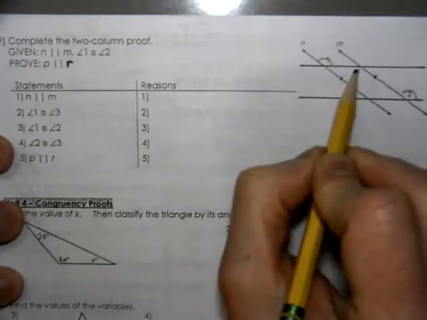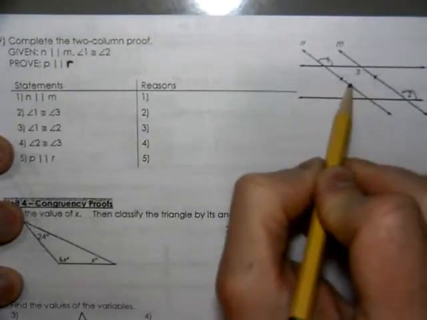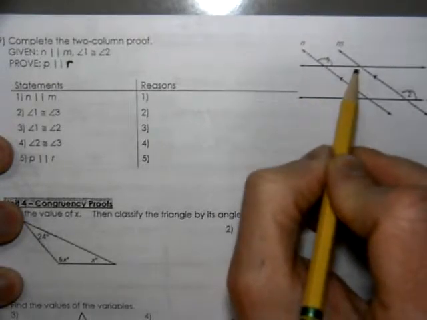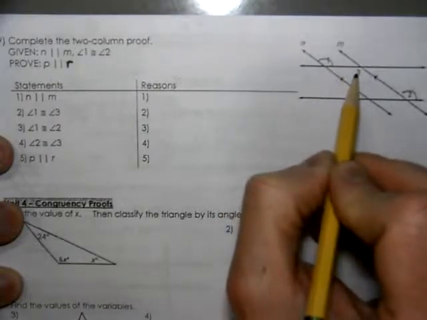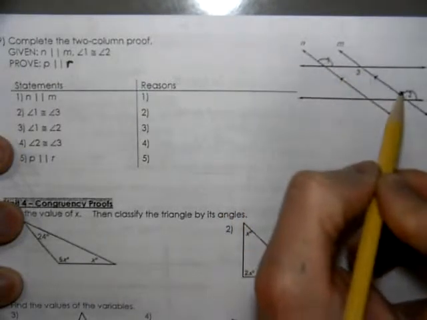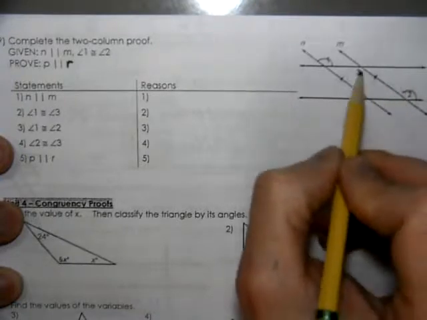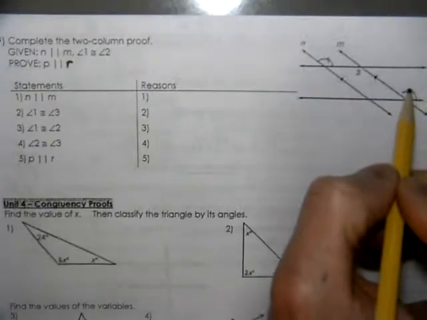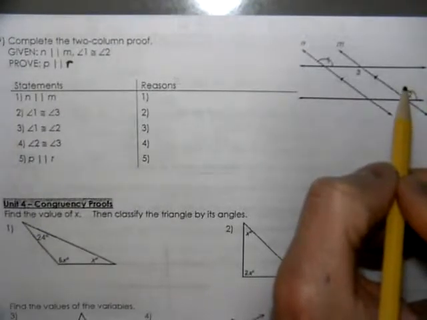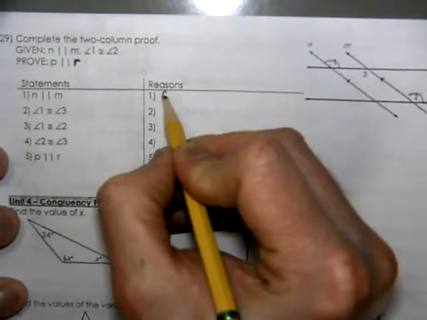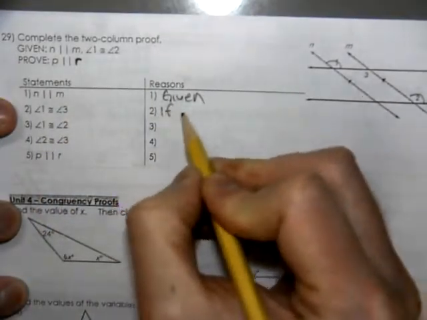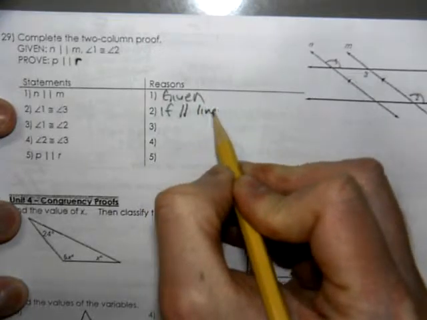Well, it looks like if these lines are parallel to each other, then I know alternate interior angles have to be congruent. And then that's going to show that 3 is the same as 2. If alternate interior angles are congruent here, then I know P and R would have to be parallel. So that's my plan on how I'm going to get there. You have to make a plan. Start out with your given. We know that 1 is congruent to 3 if parallel lines,